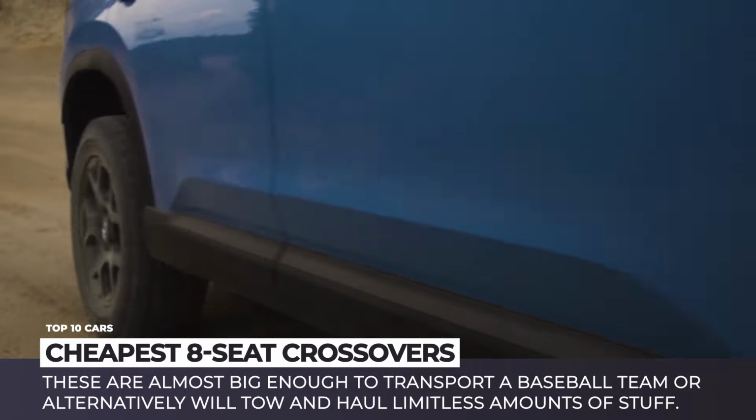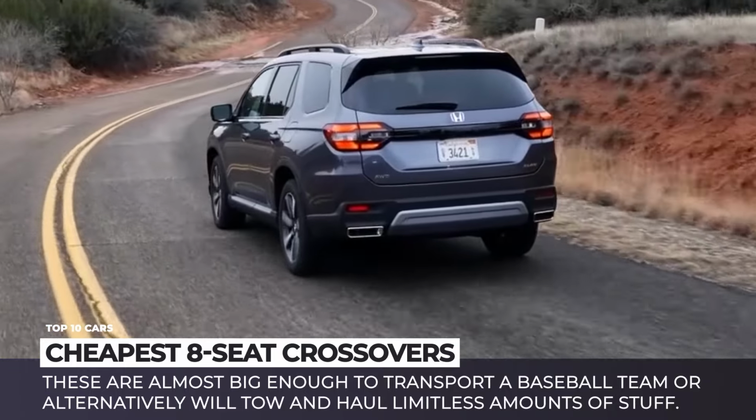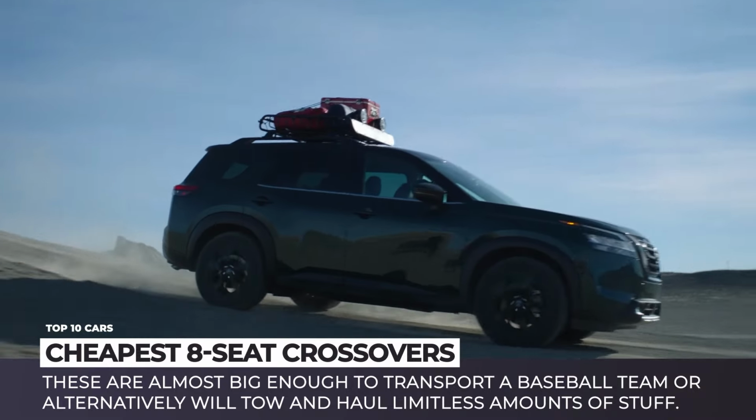These are almost big enough to transport an entire baseball team, or alternatively, will tow and haul nearly limitless amounts